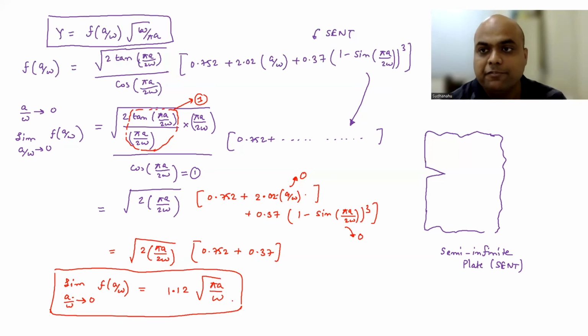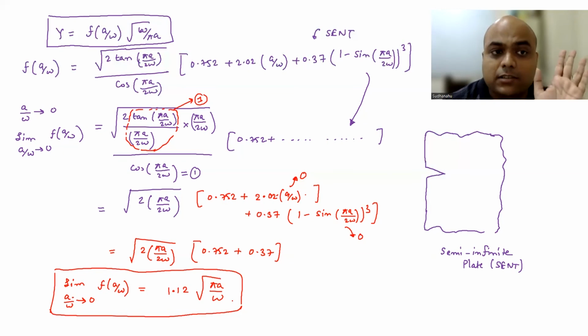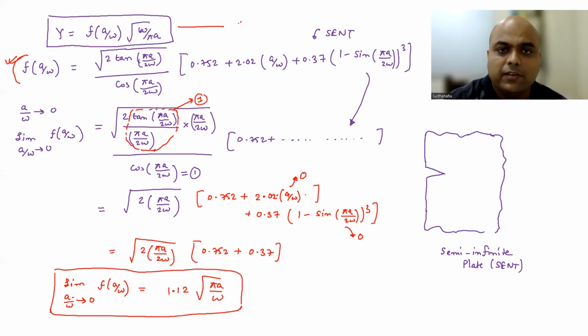Okay, remember if the width is fixed, then we have to use f A by W, whatever is shown here on the top. But since we are talking about semi-infinite plate, we have an approximation of A by W tending to 0. So the expression for f A by W becomes very simple, which is 1.12 root over pi A by W. Okay. So if I write this as say equation number 4,